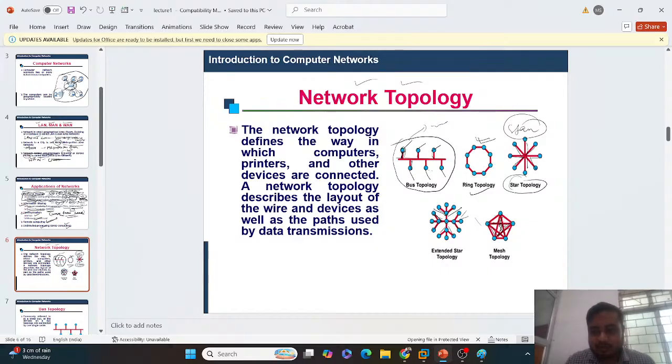और एक स्टार टोपोलॉजी आप देख सकते हो। स्टार टोपोलॉजी में क्या है कि ये जो डिवाइसेस हैं ये एक स्टार पैटर्न फॉर्म करते हैं, राइट? तो ये बेसिक नेटवर्किंग थिंग्स है, और इलेक्ट्रिकल्स में भी ये सब लोग पढ़ते हो, राइट? क्योंकि वायर्स भी वैसे ही कनेक्शन रहता है, राइट? और ये एक्सटेंडेड स्टार टोपोलॉजी है।